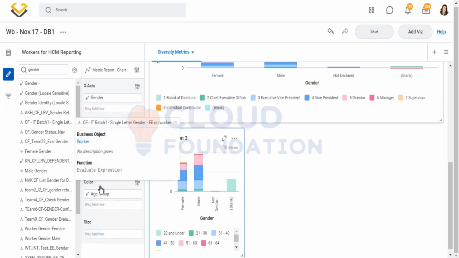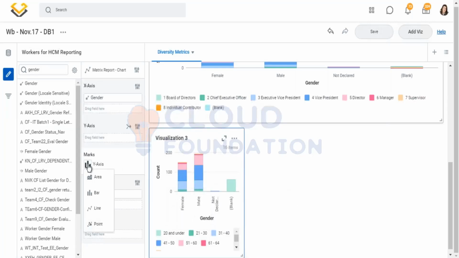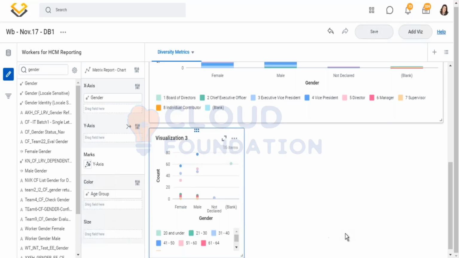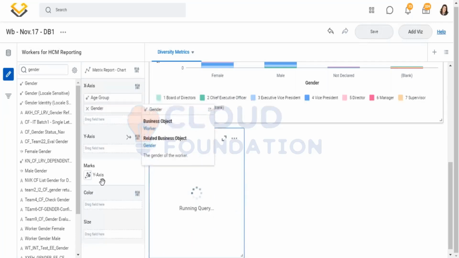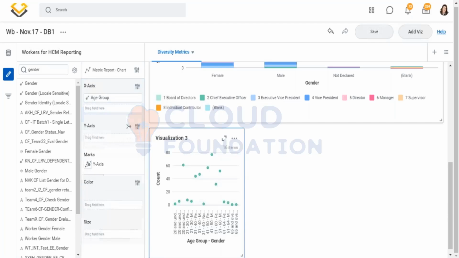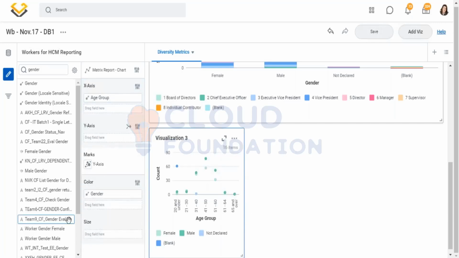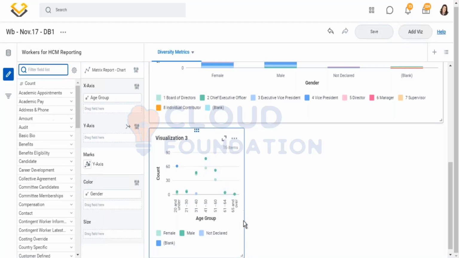Now these are my marks, right? Marks basically identify how the chart will be displayed, and I'm selecting marks as this. I had created this with age group here and gender as color. Now if you see, you have this size option displayed, right? So if I delete this, and I look at the current data now,